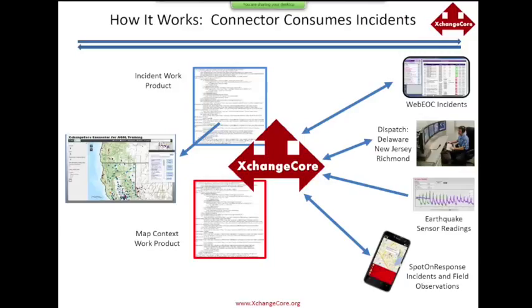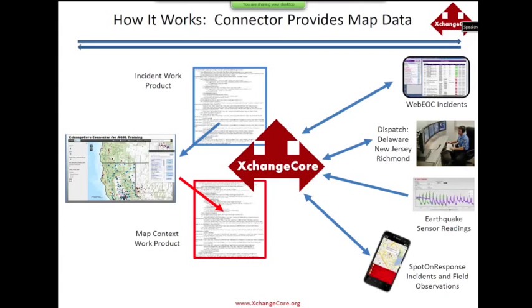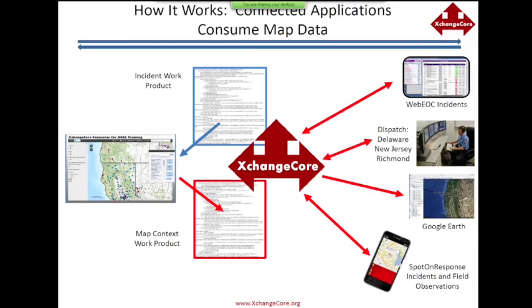But then the key consideration today is that the connector then provides map data that goes into the map context work product and then becomes consumable, again if you give them permissions, by all sorts of different applications. And we're going to see how this works when we take a look at it,